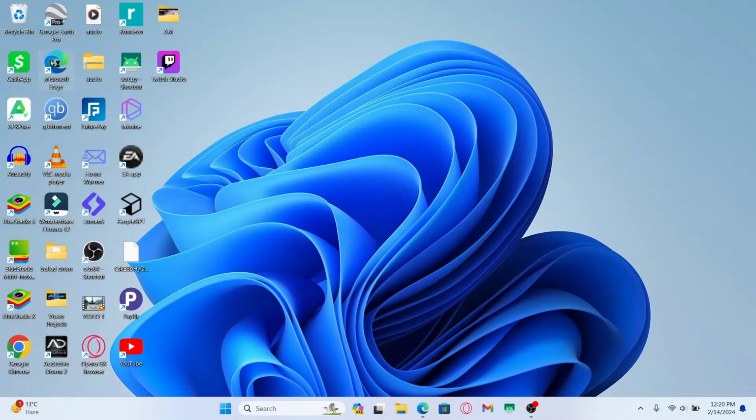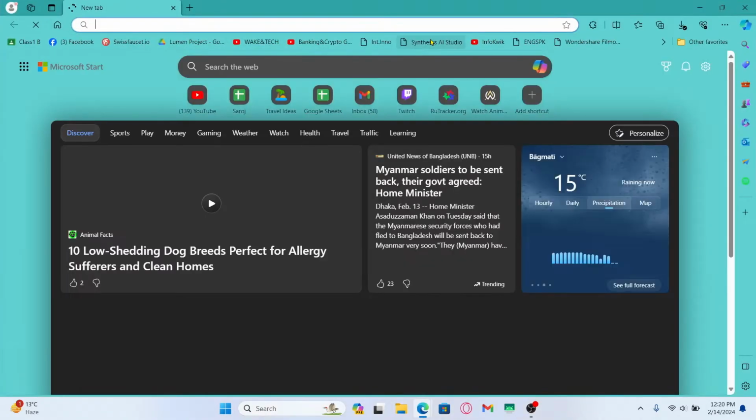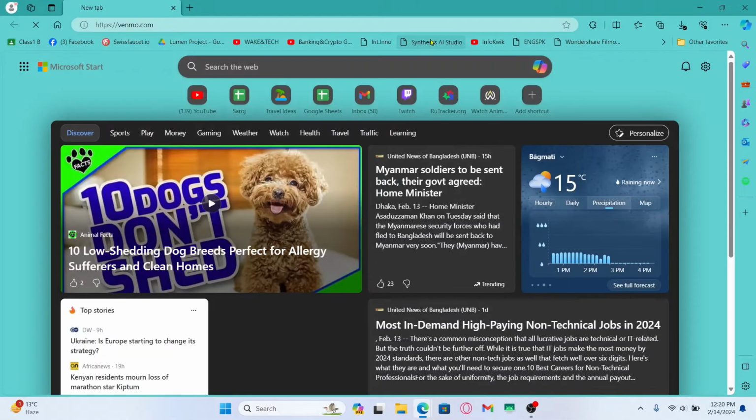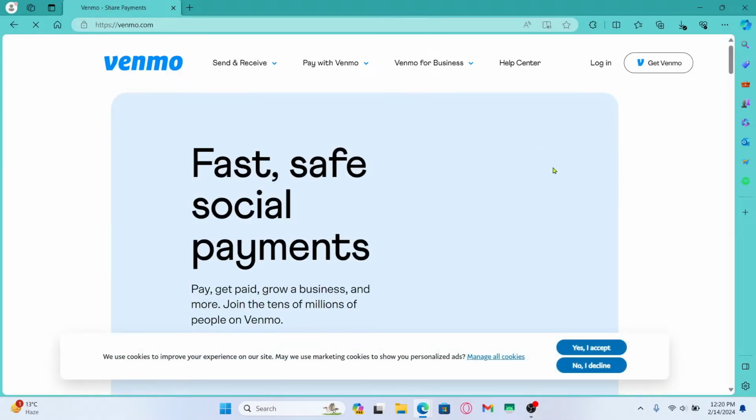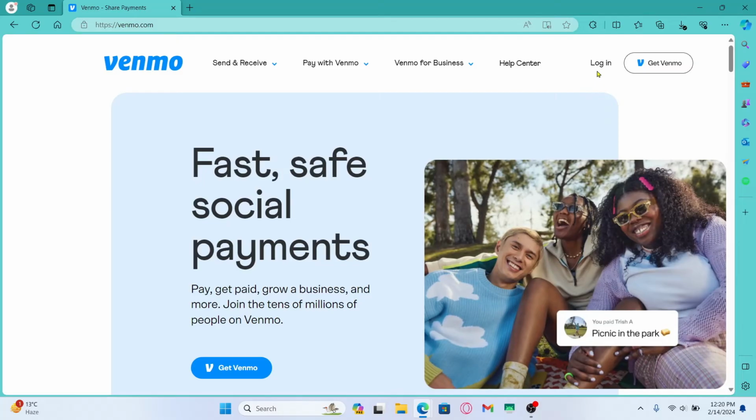First of all, open up your web browser and then in the address bar type in venmo.com and press enter. You will then be taken into the official Venmo website. Now from this homepage, click on the login button at the top right corner and you will be taken into